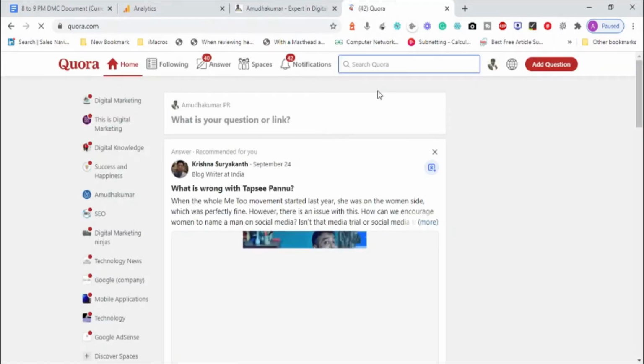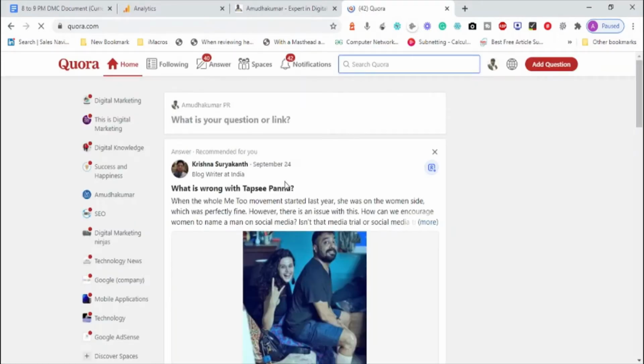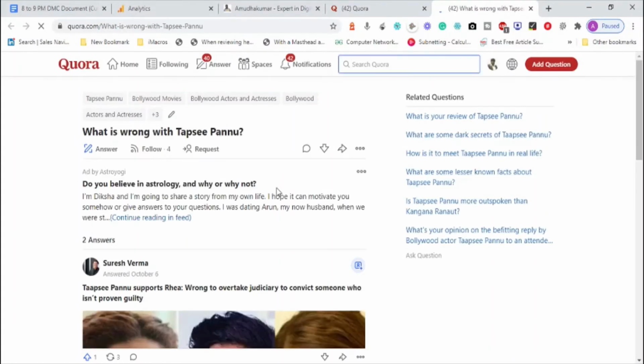For Quora.com, I am a single visitor, and I make one page view on the home page, another page view on what is wrong with Taapsee Pannu, and another on the review of Taapsee Pannu.